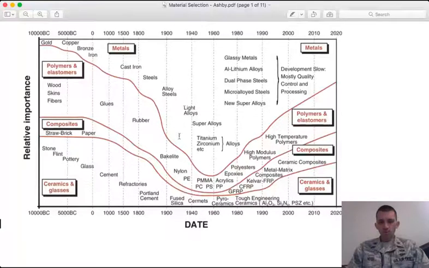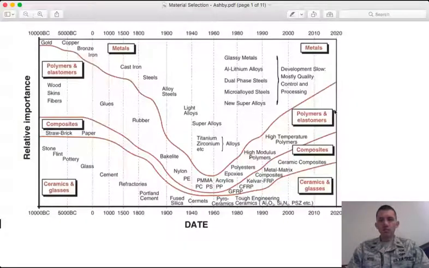We have to figure out how to process and use the lighter elements, lighter alloys, that gives us great gains in aerospace. But then metal usage hit a high point in the 60s, right? And since then we've seen their usage curtail